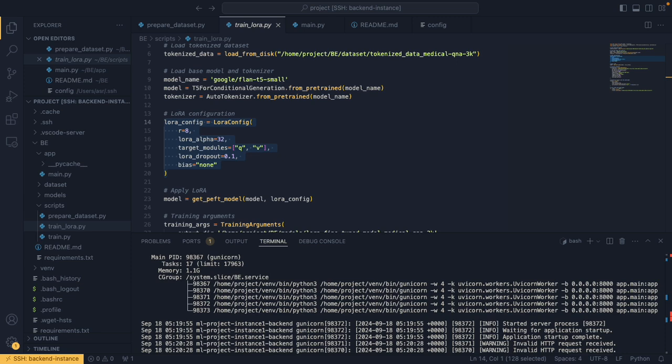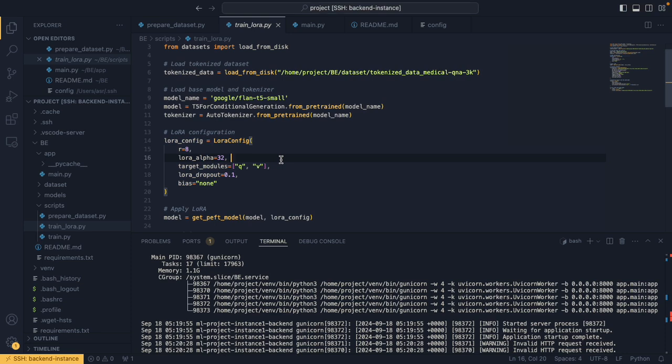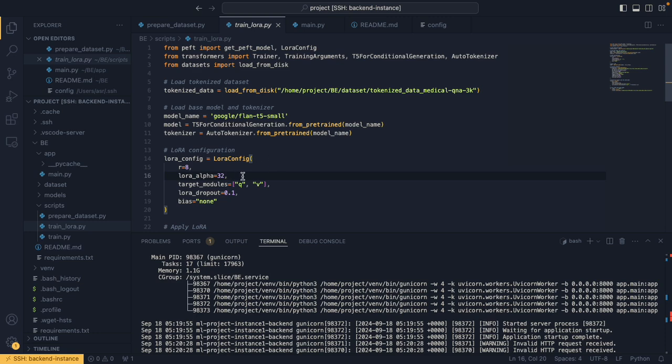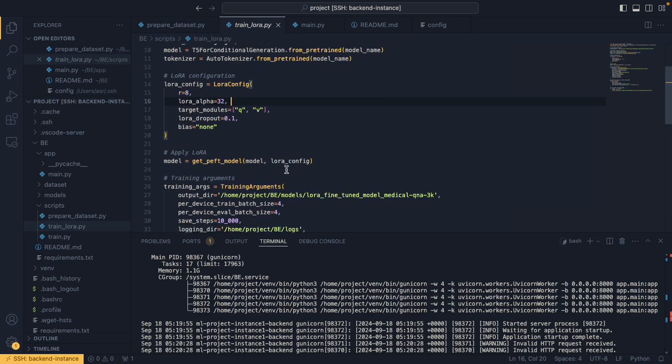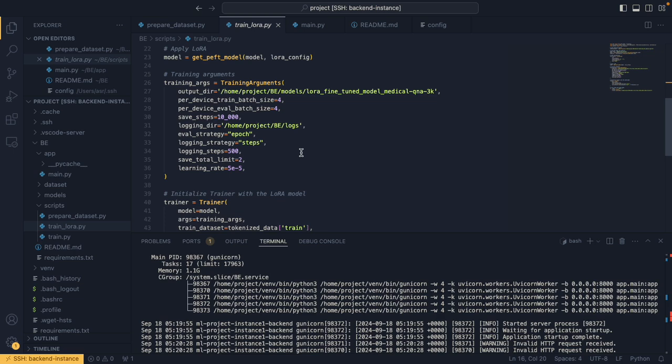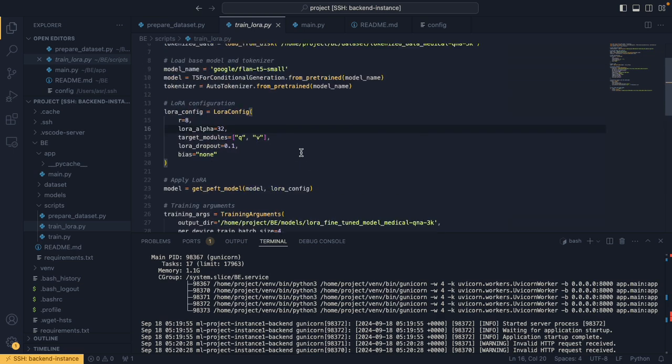and question answering. If I talk about the fine-tuning process, we fine-tuned the FLAN-T5 model using our medical dataset. The Hugging Face Trainer class was used to manage the training loops, logging, and evaluation. For the training configuration, we have a batch size of 4, 3 epochs, and a learning rate of 5 times 10 to the power minus 5. Further, we used the low-rank adaptation technique to optimize the fine-tuning of the LLM by reducing